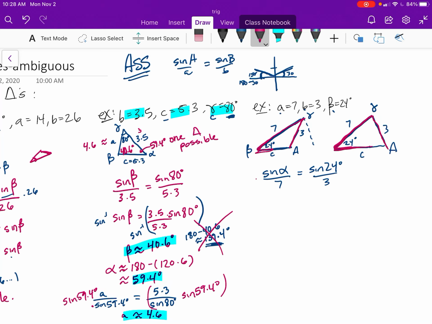So we multiply both sides by 7. So 7 over 3 times sine of 24 degrees. And because sine of 24 is a fairly small angle, that will yield alpha approximately,